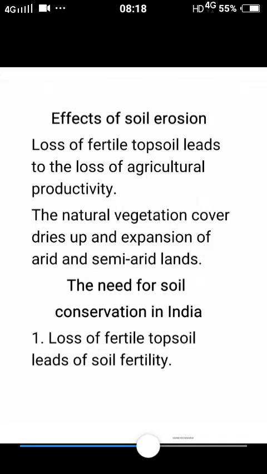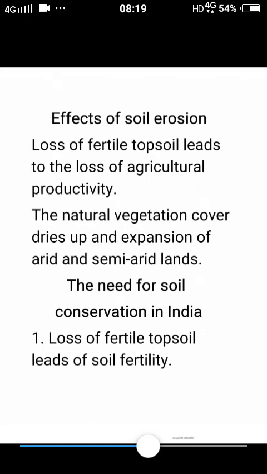It means that the parts where natural vegetation does not cover, slowly change into arid or semi-arid regions. It means the rainfall quantity, or the raindrops, can affect this region. They will convert it into a less rainfall or scanty region.